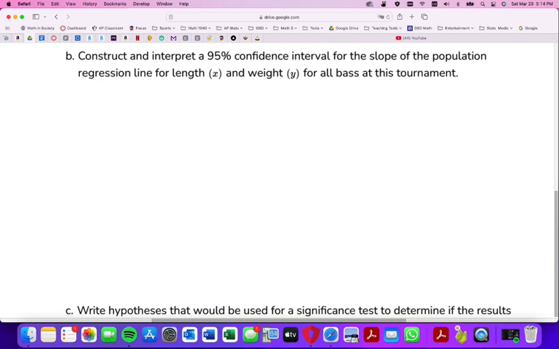Right, part B, construct and interpret a 95% confidence interval for the slope of the population regression line, right? We're talking about the population LSRL for the length, which is the X variable, and the weight, which is the Y variable, for all bass at this tournament. So, first thing first, we need to put the 4-step, right? First step, state. Now, what are we stating? We're stating the name of the test, because this is a